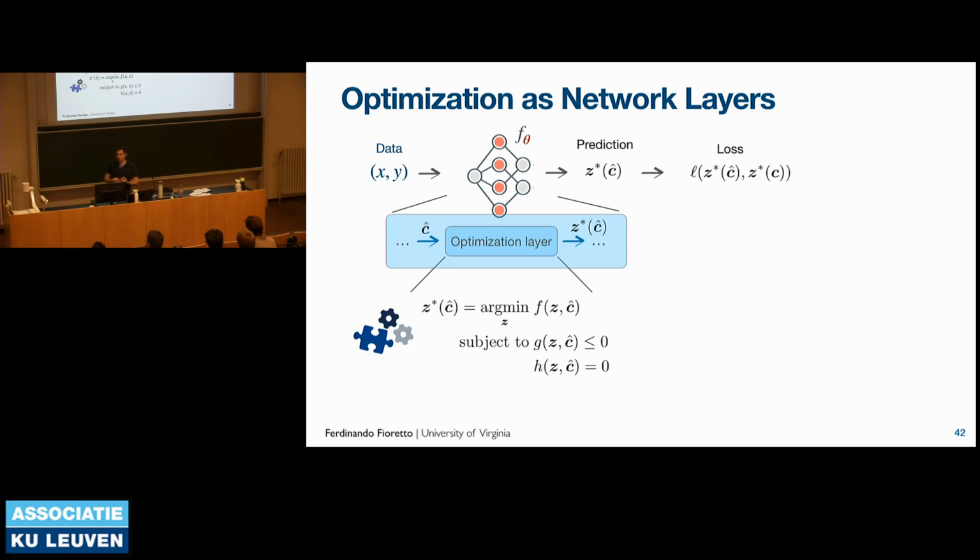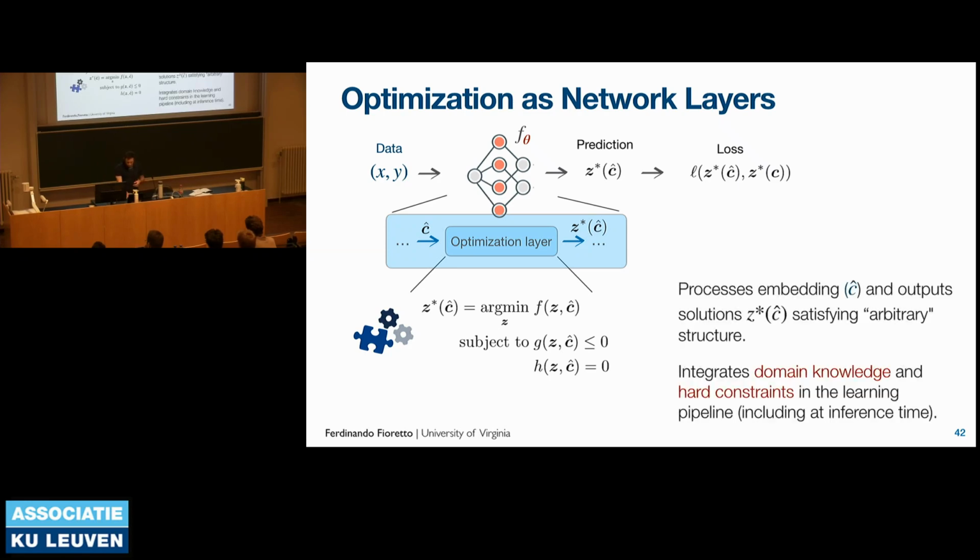So why you might want to do this? Well, these are really interesting properties whenever you want embeddings to satisfy solutions of arbitrary structure. And it's really useful when you want to integrate domain knowledge, or you want to integrate hard constraints or physical principles directly within the embedding of a neural network. So how do we do this? Well, in the forward step, we don't have to change much. We can just run things as they are.